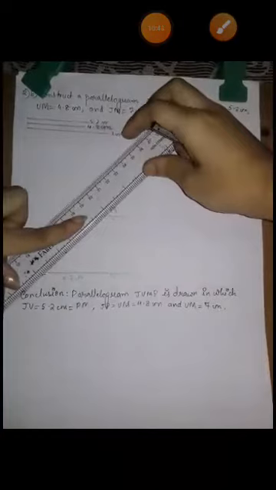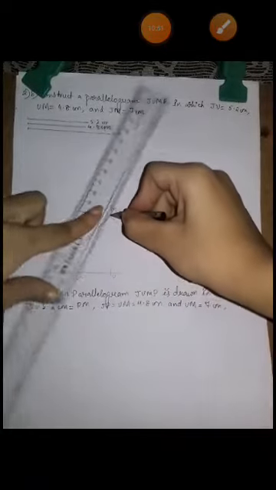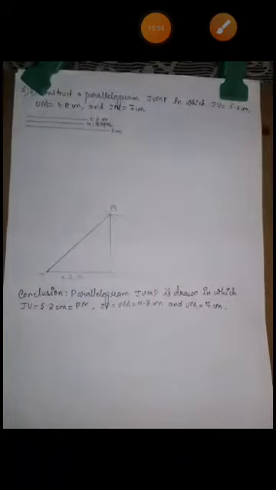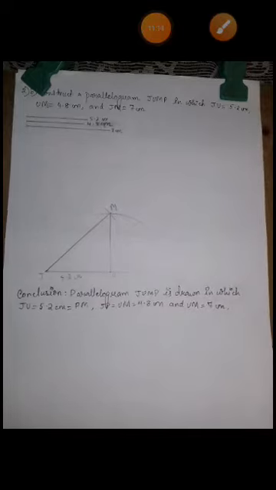Now you join J and M, and you are joining U and M also. Now one more thing children, you know that in a parallelogram the opposite sides are of equal length, right? You know this already, that this is a property of the parallelogram, that the opposite sides are of equal length and they are parallel to each other.